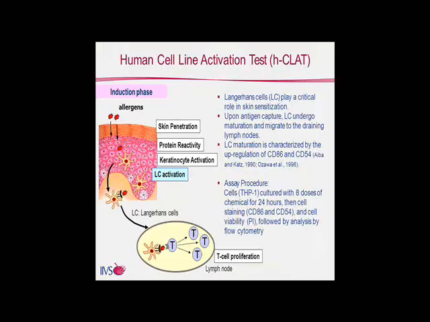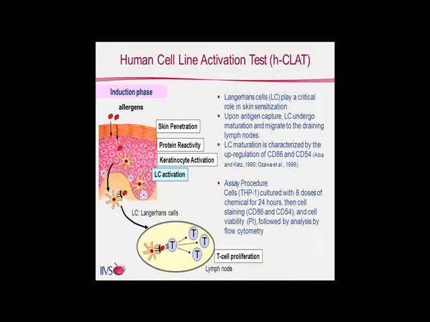In this assay, THP-1 cells are cultured with a range of doses for approximately 24 hours, and then they're simply stained with CD86 and CD54, and you look for an upregulation of those cell surface markers. And also, propidium iodide is used as a cell viability marker. As an aside, there is also a similar assay, which I believe Susanna will touch on, called the MUSST assay. It's quite similar to the h-CLAT in that it uses a cell surface marker for identification of skin sensitizers. I believe it uses just the CD86,